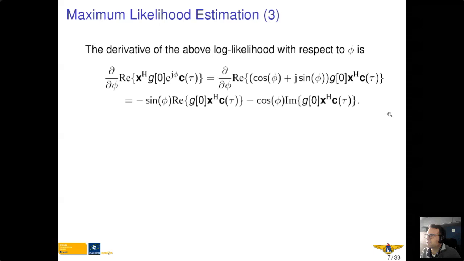And we discussed this already yesterday. So hence a gradient ascent method for the kth iteration can be given. So we take the derivative of this concentrated likelihood function now with respect to tau. And